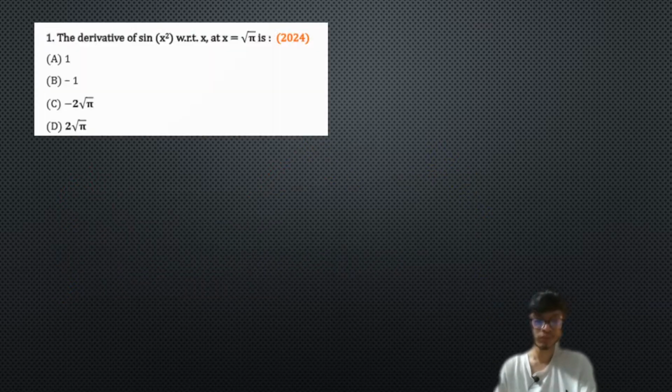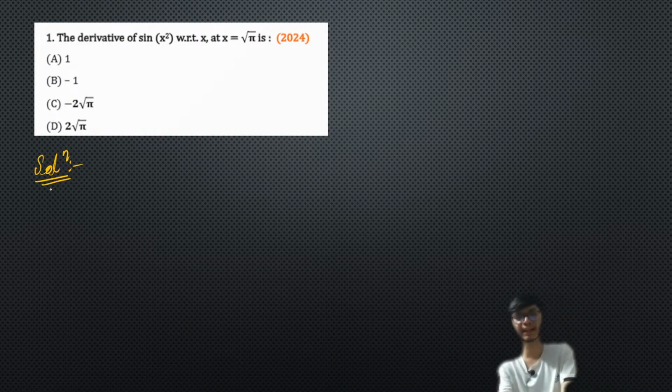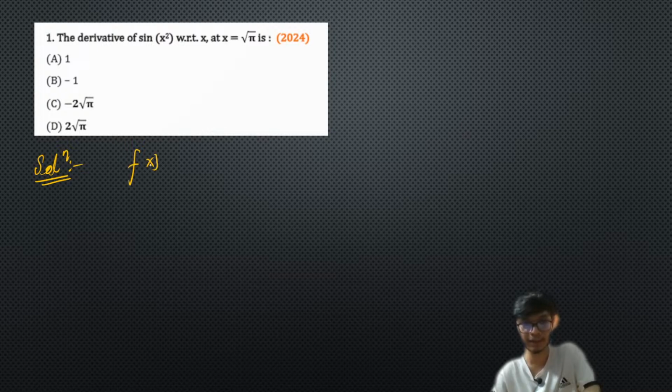Let's get started. The very first problem we have is a simple problem from the methods of differentiation. I took this problem because it was recently asked in the paper of 2024. Let's see what the question has to offer. We have a given function, let us call it f of x, and the function is sine of x square. We need to differentiate this function with respect to x,